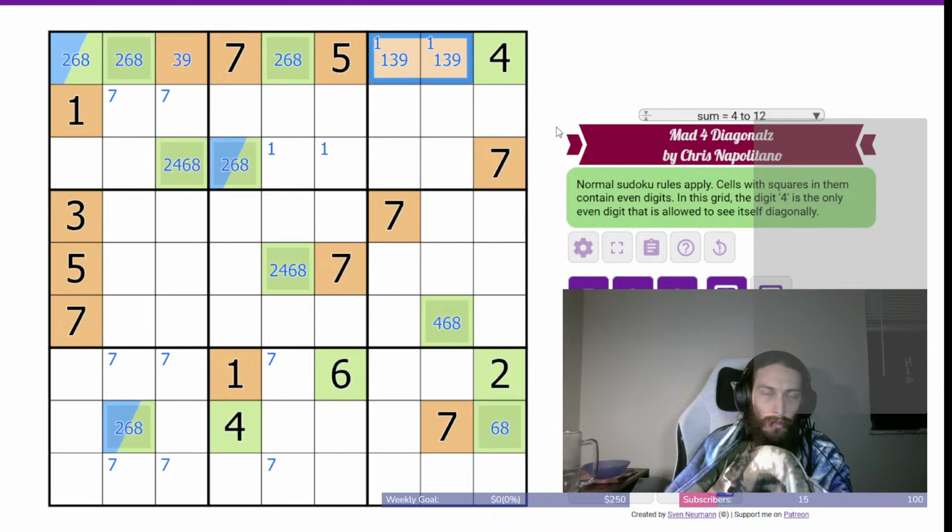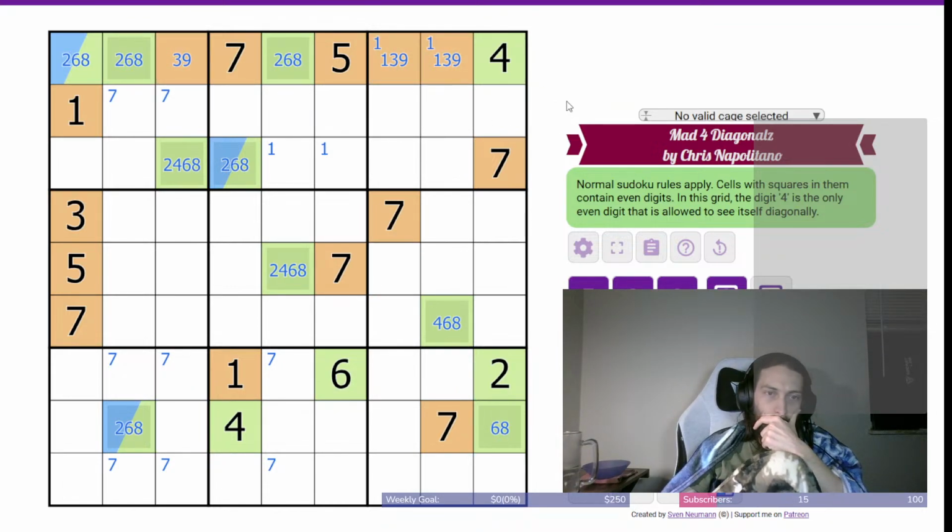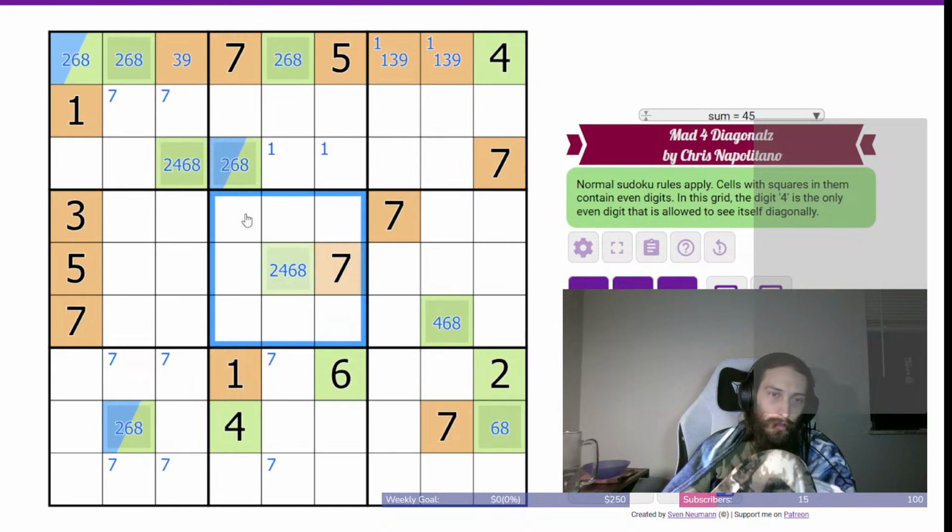For that one, it's not a 1. So then where can blue be in here? Well, it's not there by